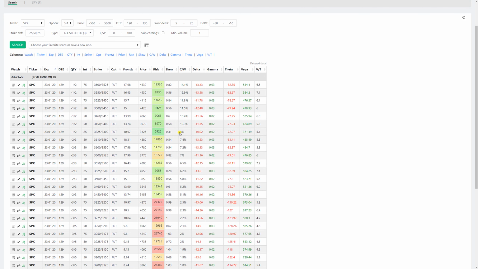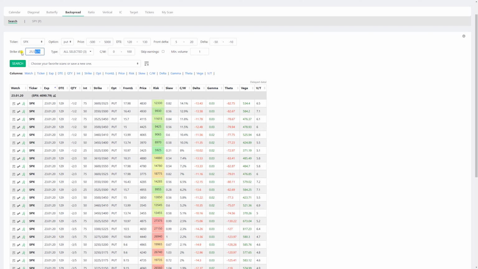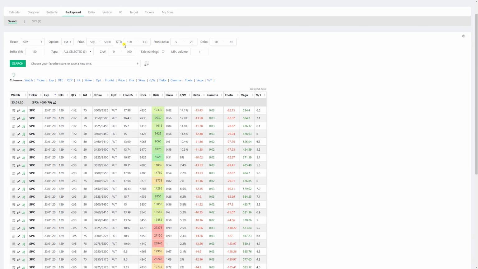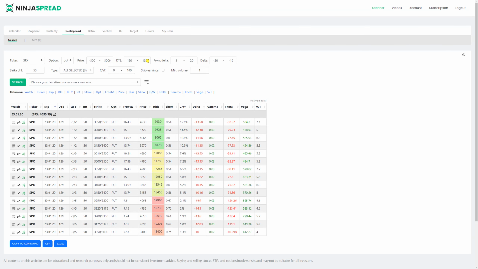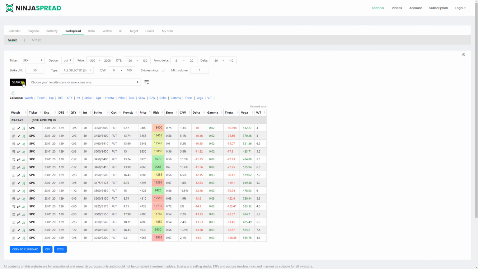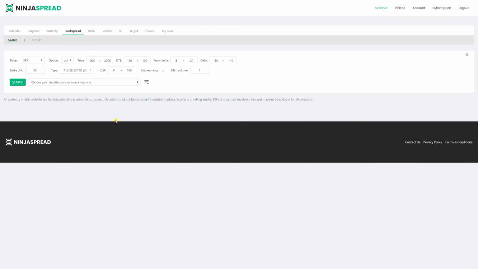And obviously, if you are looking for some very specific condition, for example, you are interested in 50 wide backspreads that are between 120 and 130 days to expiration, just as an example. It can be 180 or 200 days with this front delta, but you are looking for something below the price of, I don't know, let's say $2,000. It will not find anything, obviously, it was not in the list, but then you can save it like SPX